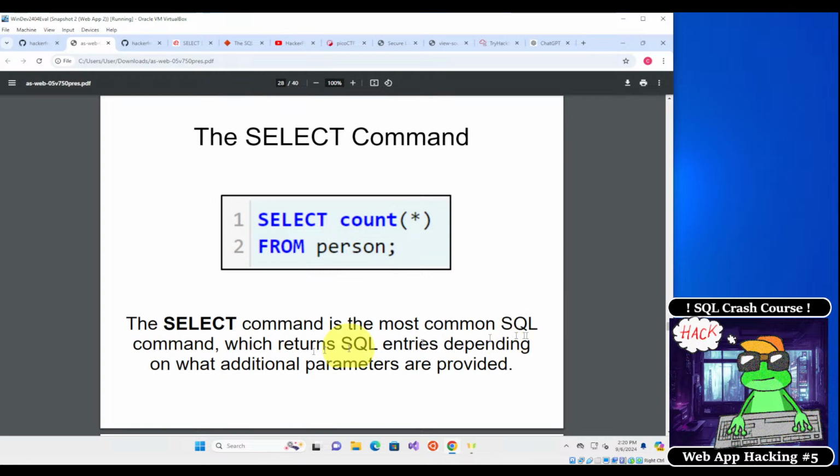It's the most common SQL command, which returns SQL entries depending on what additional parameters are provided. So we usually use select, then a column, and then we have to select from, and then the table name over here. So let's go back to